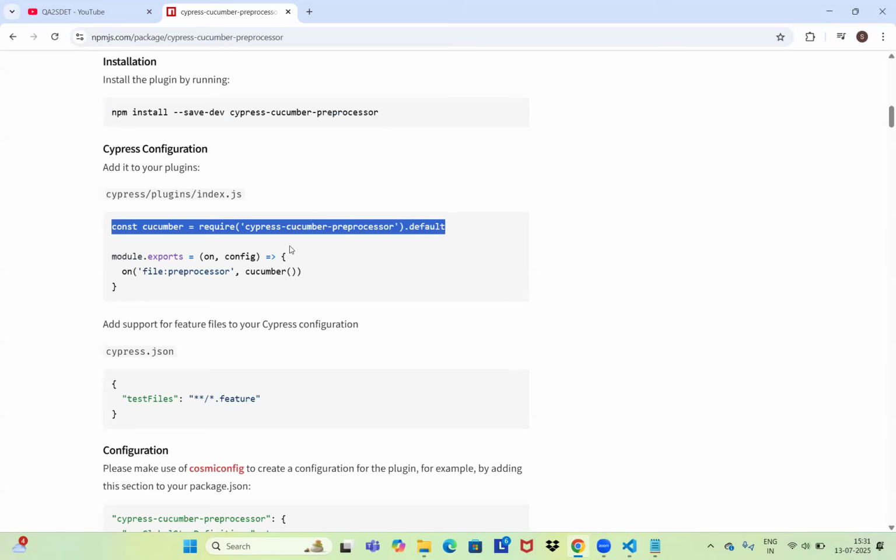So require Cucumber, Cypress Cucumber processor, right? See here, copy this one